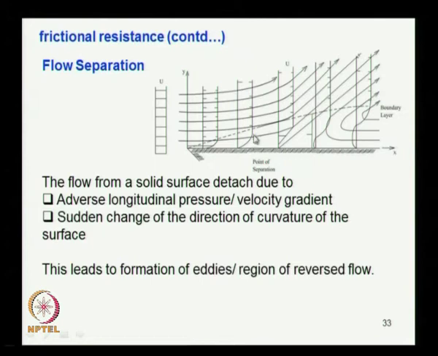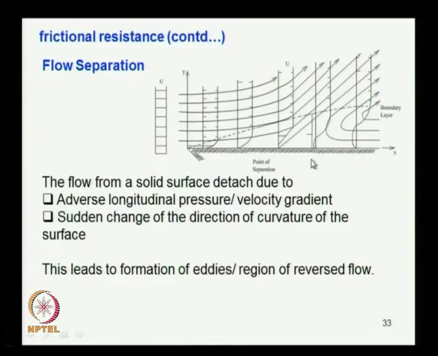So the velocity gradient here gives an indication of the point of flow separation. Here you can see it is a positive velocity gradient. When it comes here, the velocity gradient is almost 0, it is joining tangentially at the bottom where it is 0, and that is actually the point of initiation of flow separation. When it goes further down, you get a negative velocity gradient, which gives a clear indication that the flow has already separated. Then vortices and eddies are formed in the flow once the flow separates.